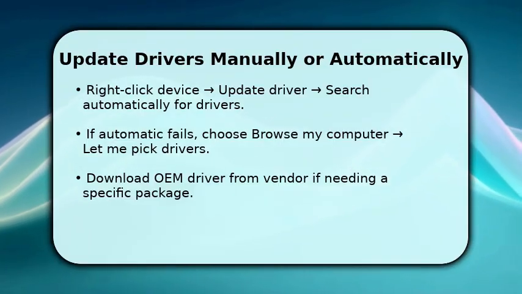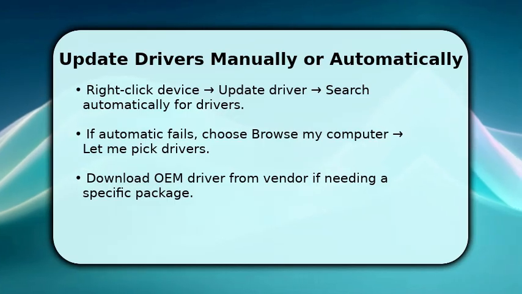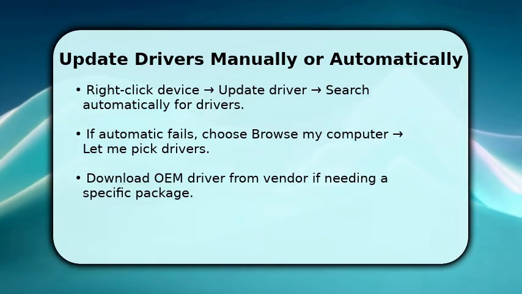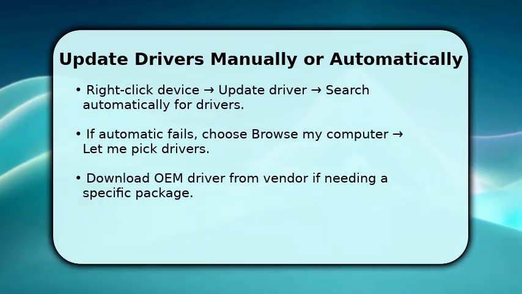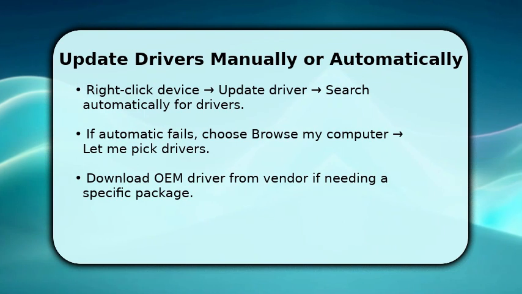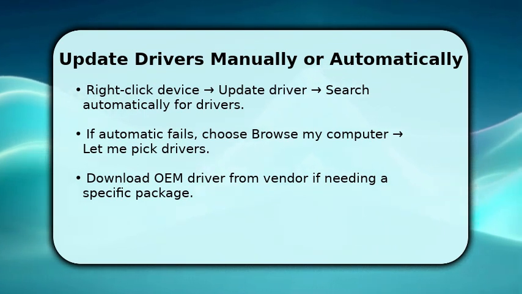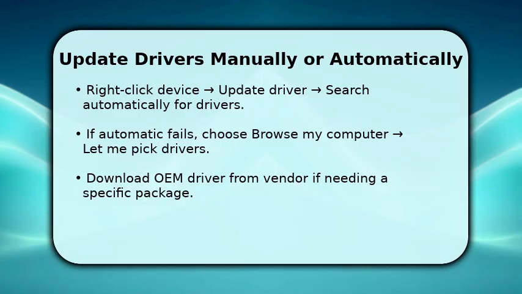For the most reliable results, download the OEM driver package from the laptop or chipmaker site and run their installer. Make sure the driver matches Windows 11 and your system architecture. After installation, reboot the PC to load the new driver and then test Wi-Fi speeds and Bluetooth pairing to confirm